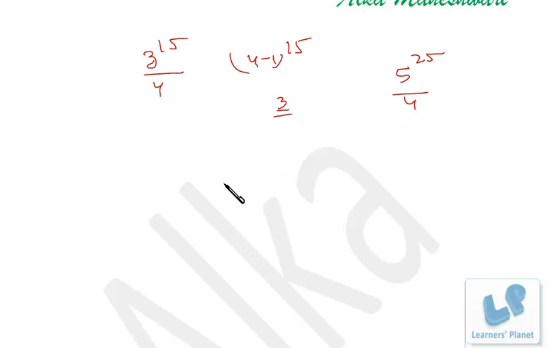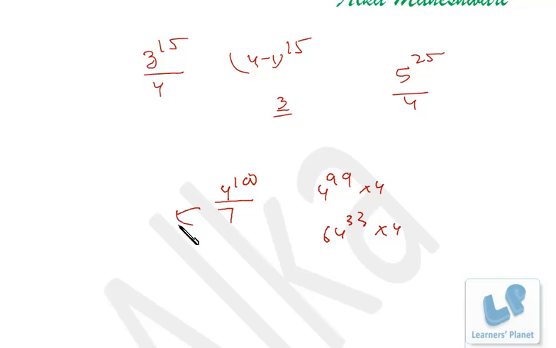Now similarly, suppose I tell you, what will be the remainder if 4 raised to 100 is divided by 7? Now in the powers of 4 we have 4 cubed, that's 64, right? But 100 is not a multiple of 3. So what I can do is write 4 to the 99 into 4. Now 4 to the 99 can be written as 64 to the 33 into 4. Now 7 is a factor of 63. 64 can be written as 63 plus 1. So with 63 plus 1, the remainder will be 1 raised to 33. That's 1 into this 4. The final answer to this problem is 4.